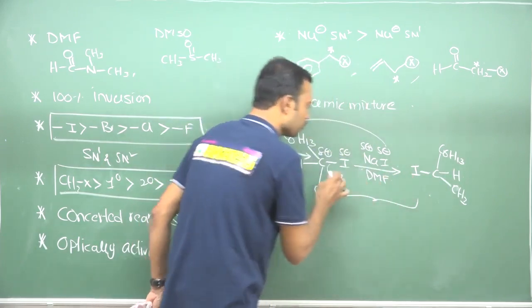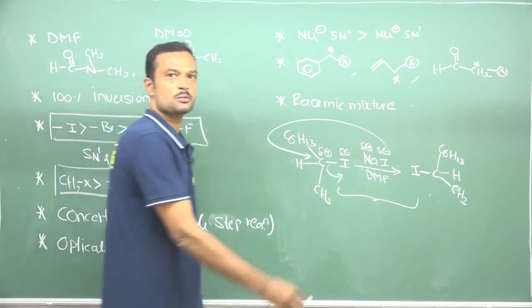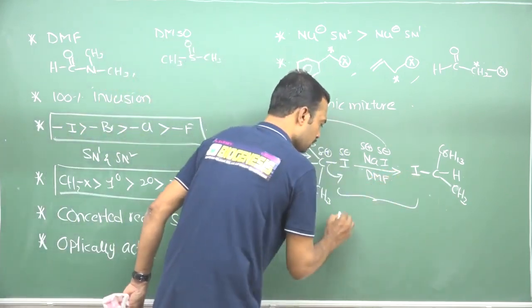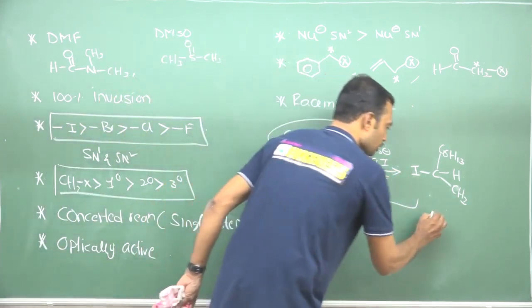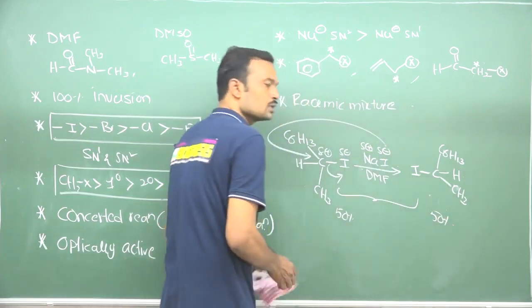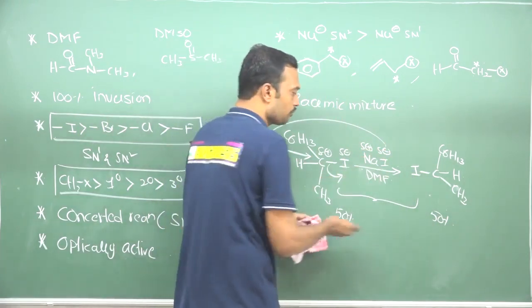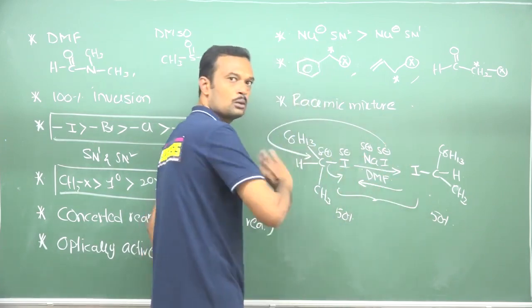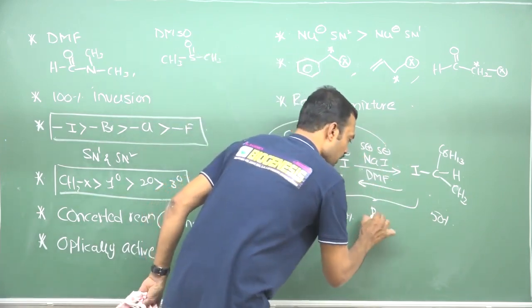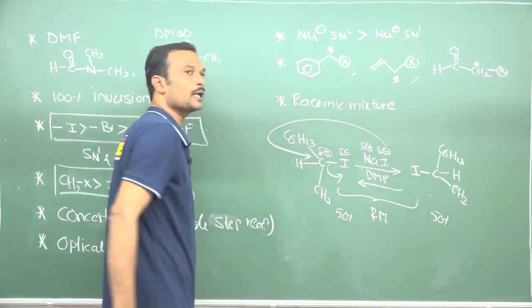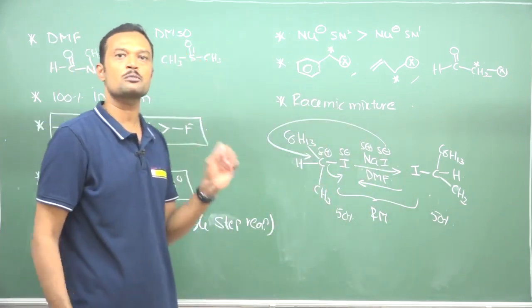Now suppose if it is a retention product and this becomes an inversion product, it means here this is 50% and here also it is 50%, so it is impossible to identify. This molecule is completely giving that one and that is completely giving this one if you react with this. So both will exist in the form of a racemic mixture. So finally both are optically inactive. This is one kind of racemization.